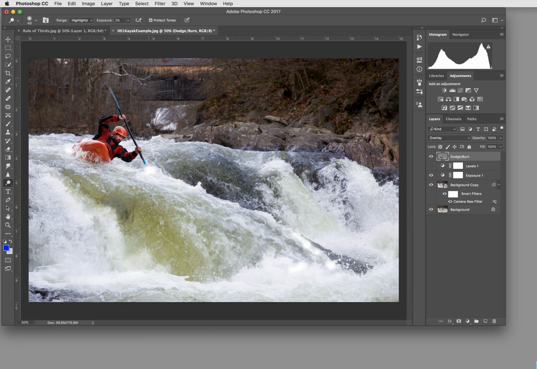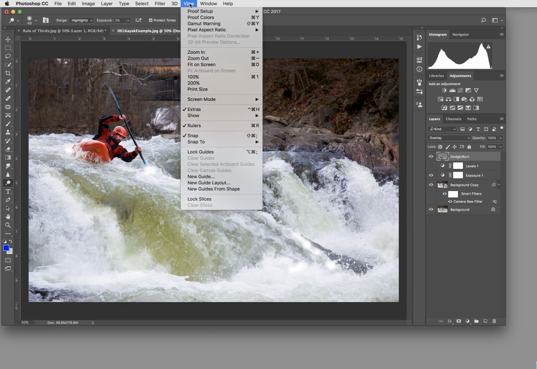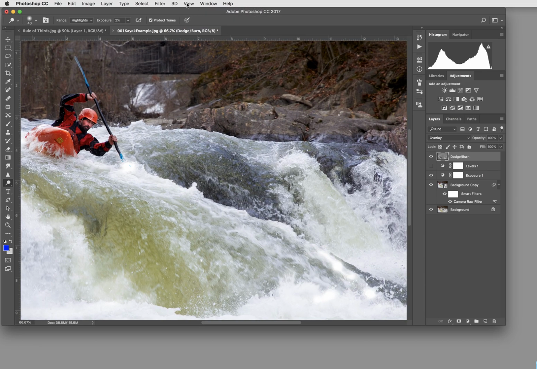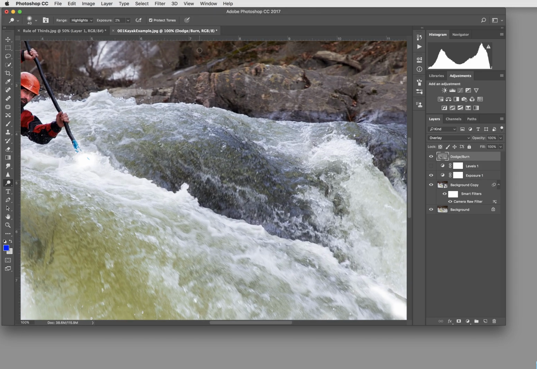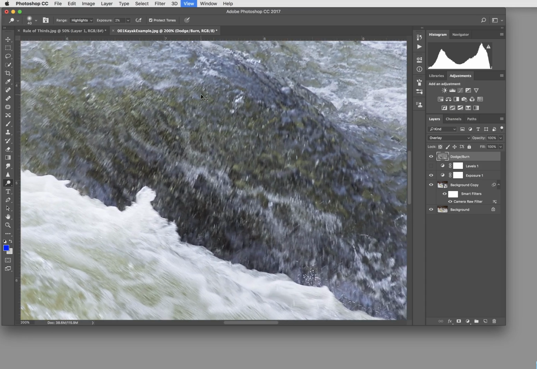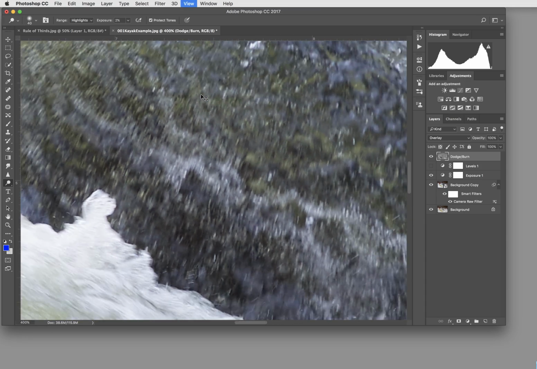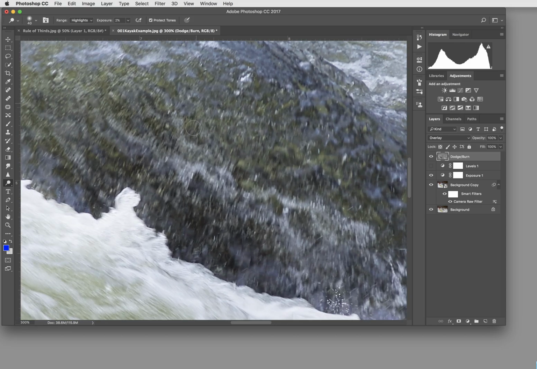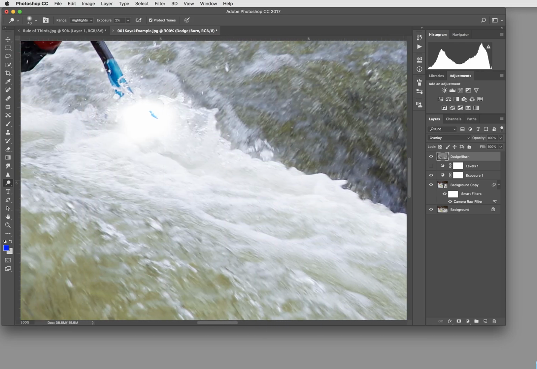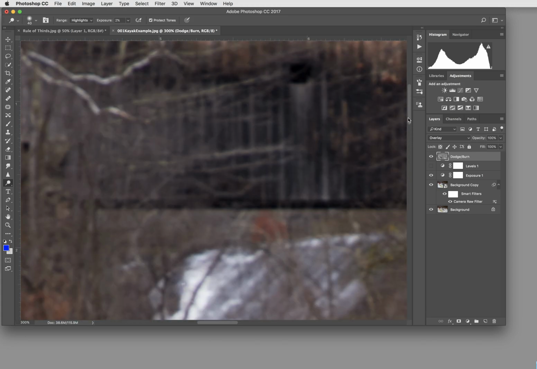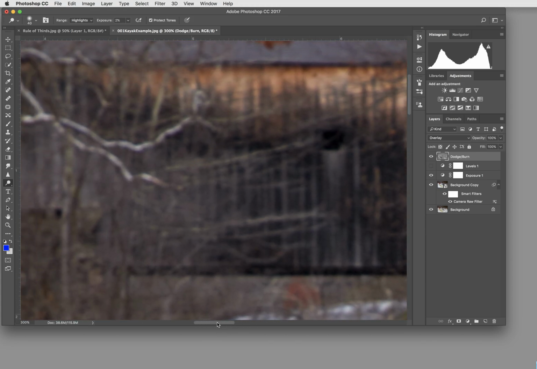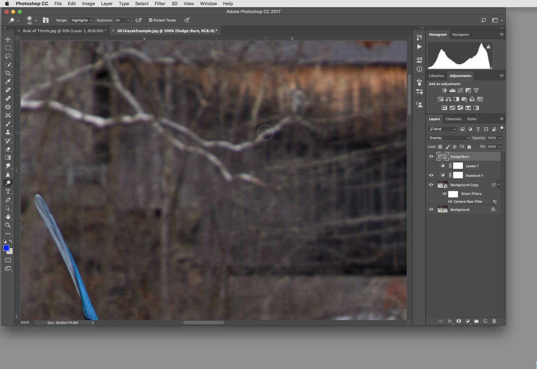So I've got to zoom in. Now I can go to View and click zoom in, and View and click zoom in, which is slow, or I can hit Control plus. Control plus zooms in, Control minus zooms out. Okay, Control plus, and I can use the navigators on the side of the window to go up. Use the bracket keys, bracket left to make it smaller, and just